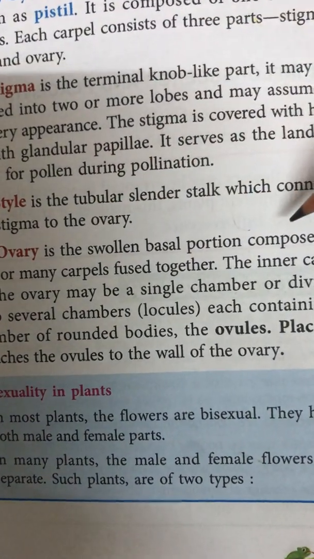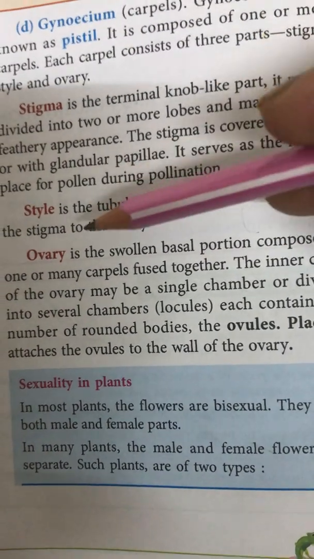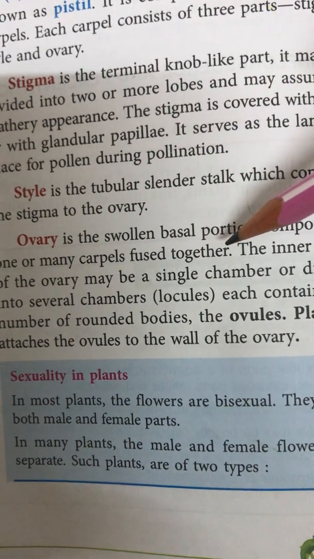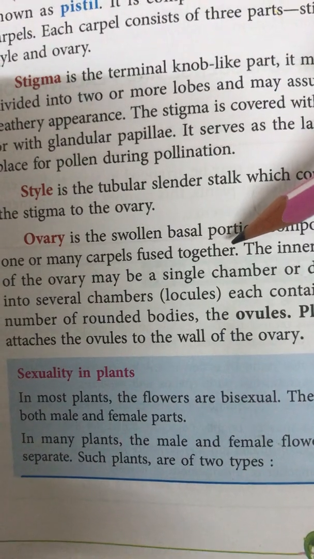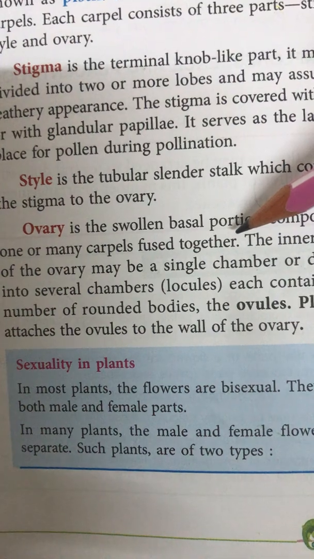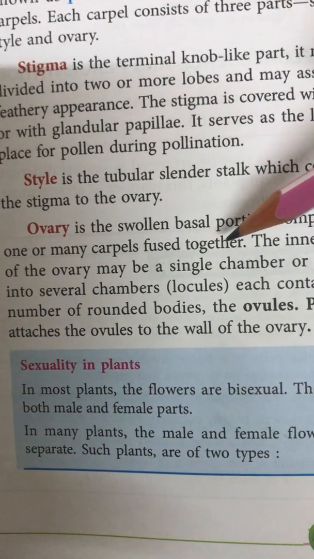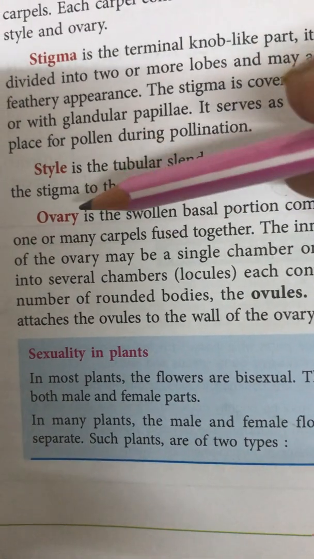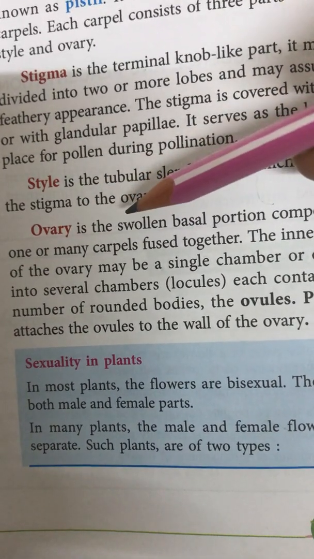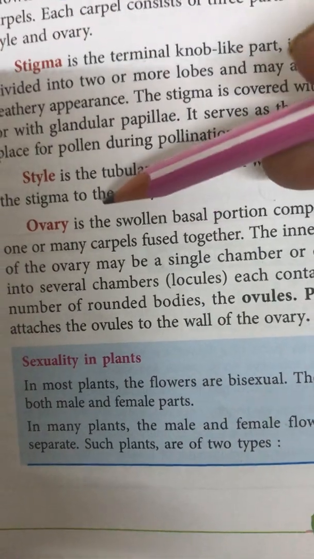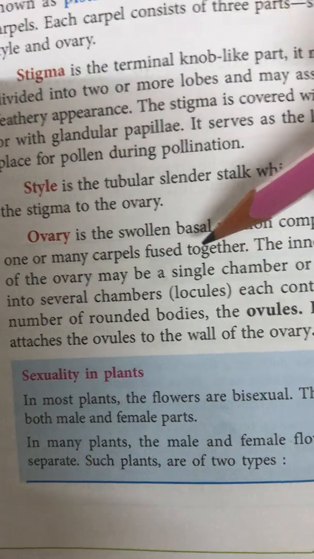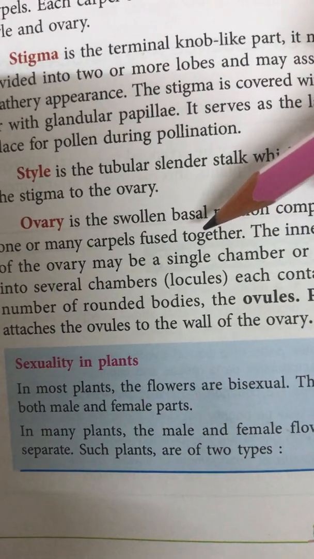Ovary is the basal portion of the carpel, and it is the ovary which may be formed by fusion of several carpels. You have drawn the diagram of TS of ovary in a hibiscus flower, and you can see 5 chambers in that ovary. That is because 5 carpels have fused together to form one ovary. So just like other floral whorls, carpels may be free or fused. Likewise, for carpels also we have two conditions: apocarpous and syncarpous.